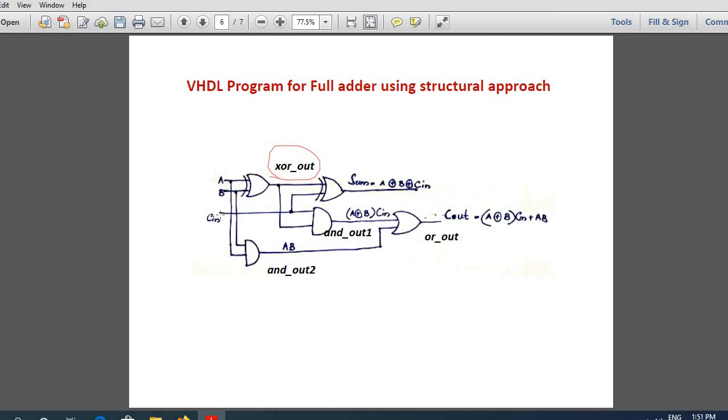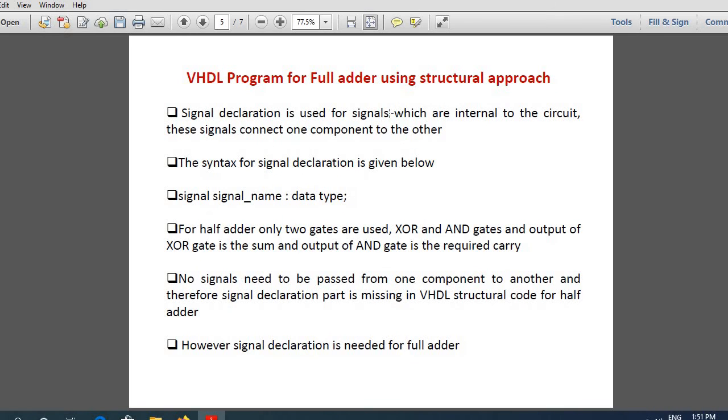So other than A, B, C in, whatever you need to connect between the components, you need to declare as signal. Signals are internal to the circuit, other than inputs and outputs; whatever needs to be connected between the components are signals.